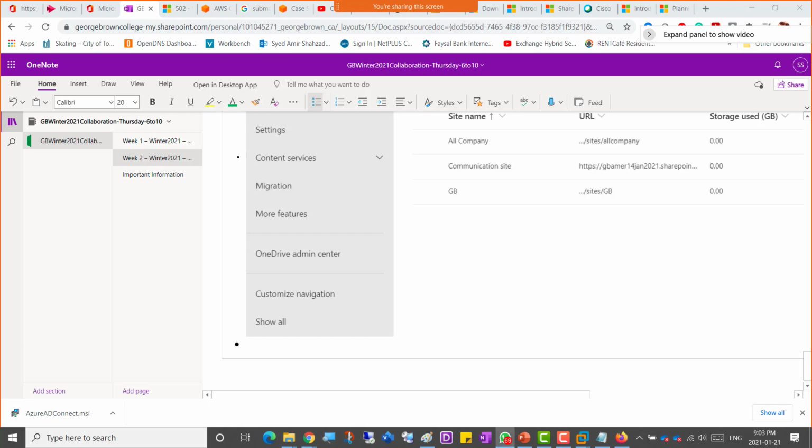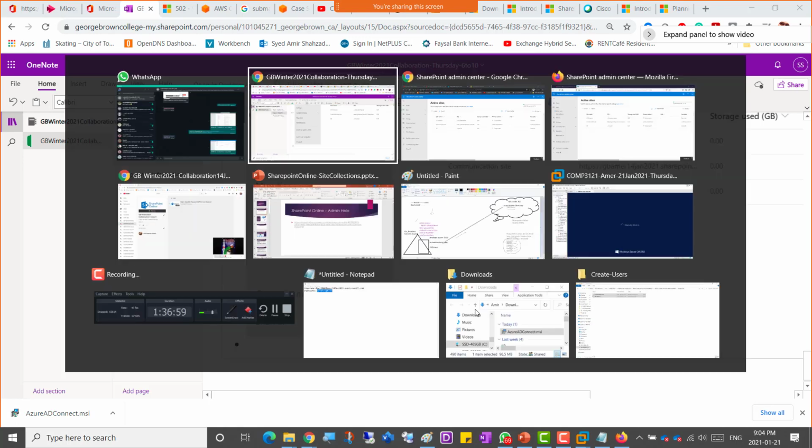Hey, I'm clicking on the wrong WhatsApp. Screenshot 3, yeah, it's 4. So I'll just go ahead and COMP3121 equals screenshot 4 equals site created, and yeah, okay, so let's go ahead and I'll just go for that